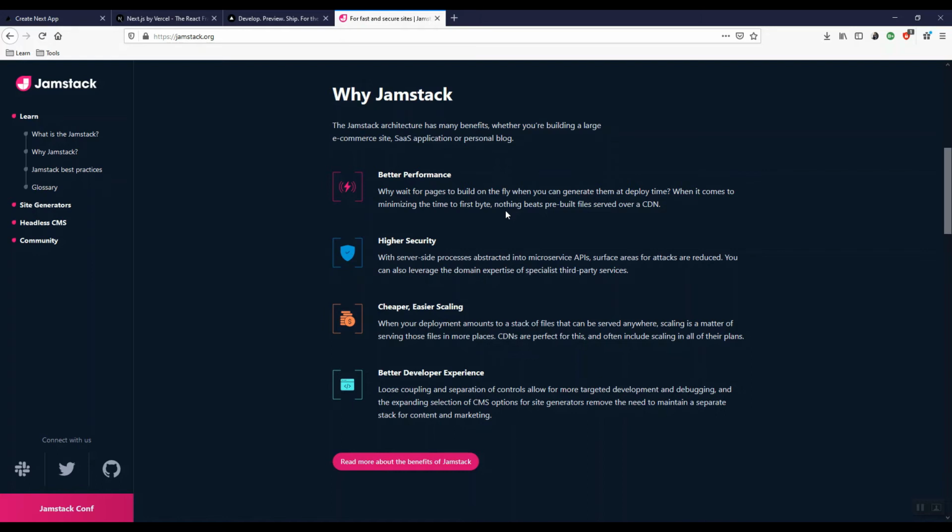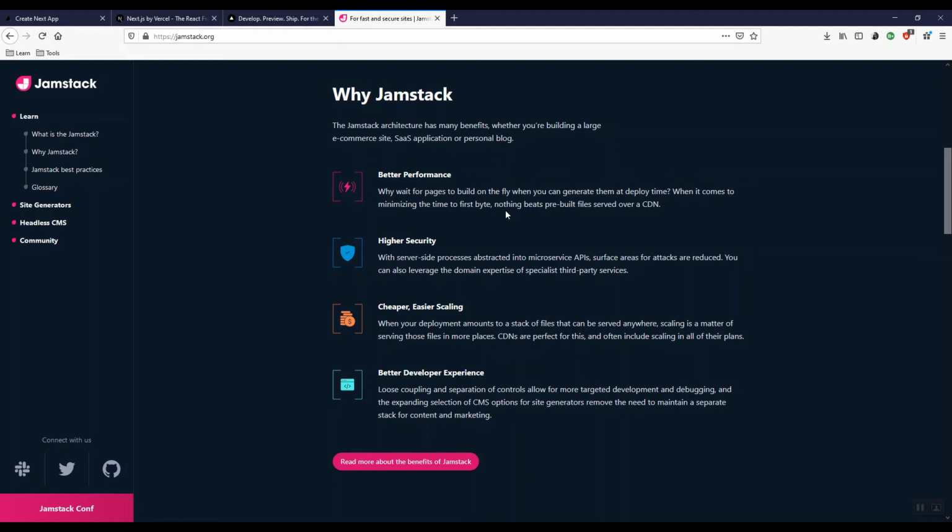Suppose you are building a social network, it will not be good to build it in Jamstack, because every time something happens, you have to listen for those events, and you have to show the user exactly when you receive a message or when you receive a notification. This requires client to server communication very frequently. For these kinds of applications, we generally use frameworks like React or Angular.